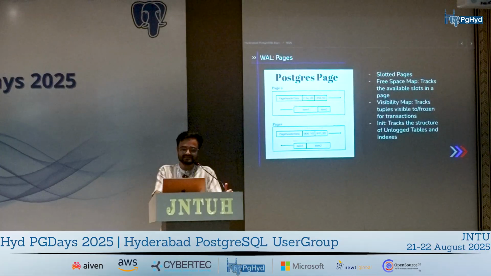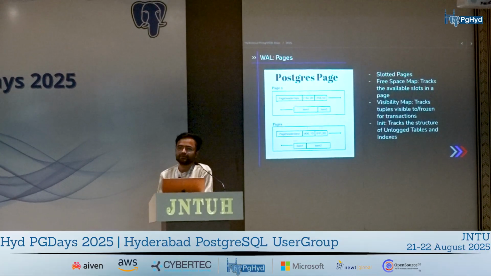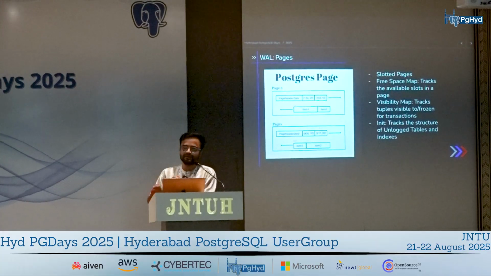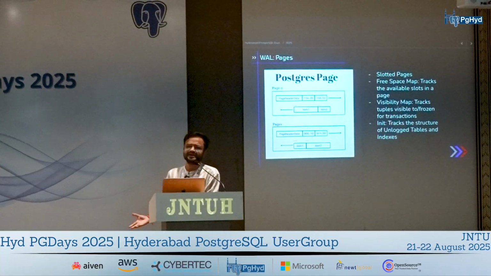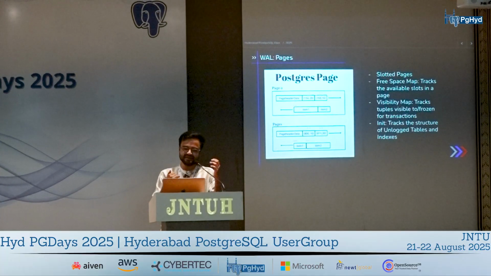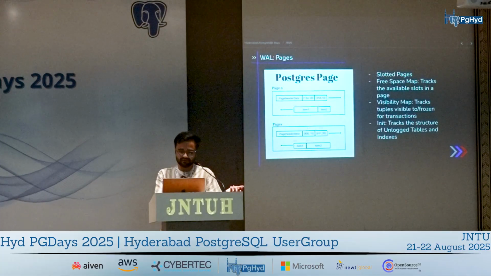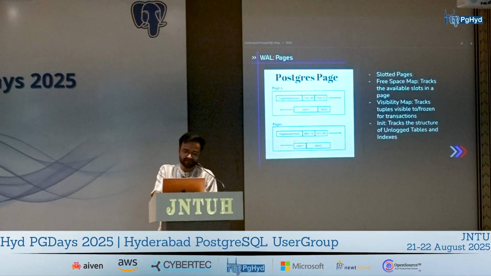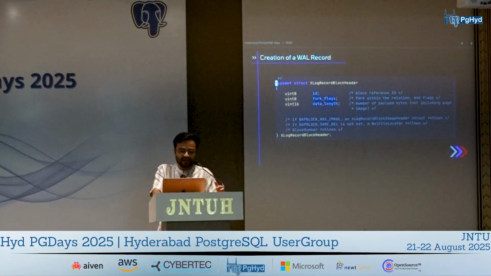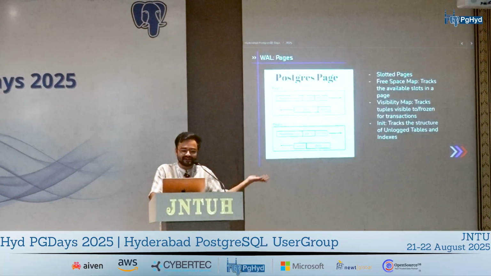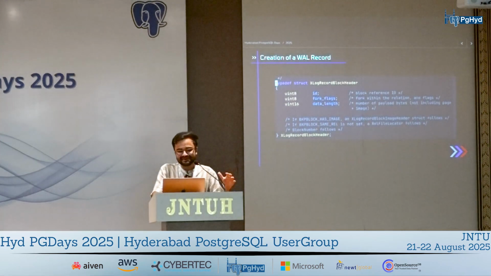If it's in a frozen state, the transaction cannot pick it up. And init is something which is maintained for unlogged tables. In the case of unlogged tables, whenever you want to replay or restore your database, you don't want the data that was stored in them. You just need the structure that was given for these tables. So the init flag maintains that particular data. And the question is, why did we just discuss that? This is because the WAL record also contains that information.